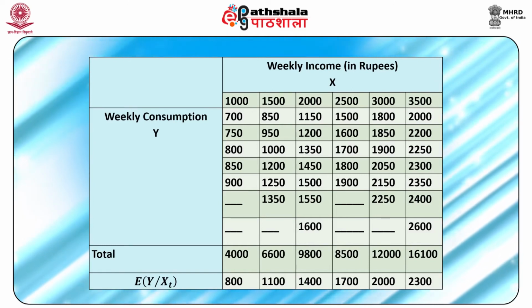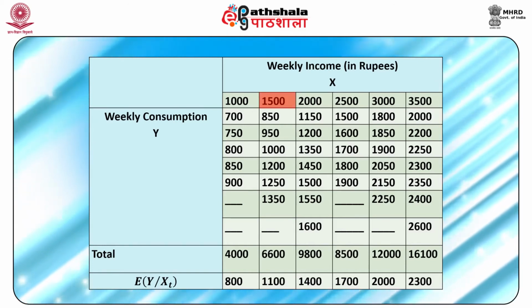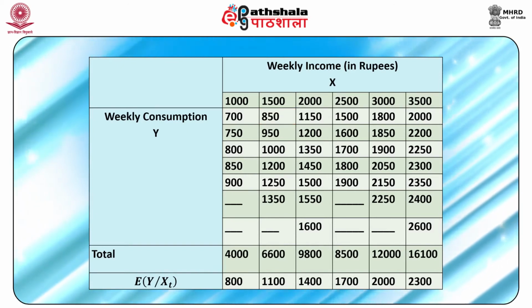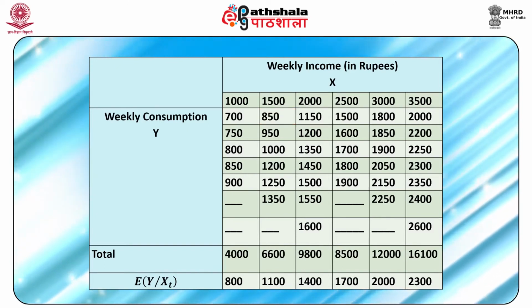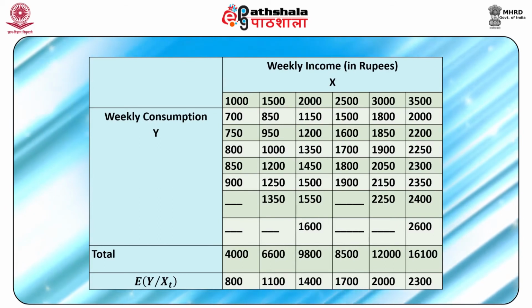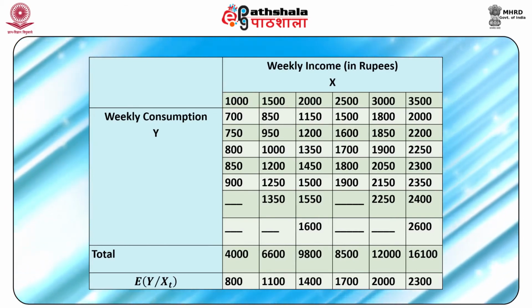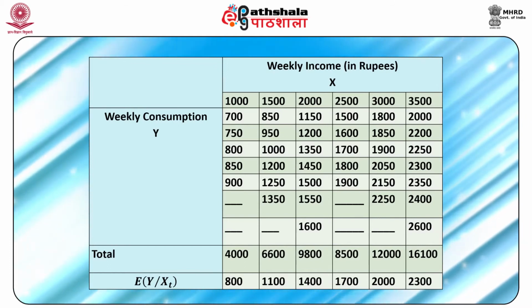For instance, there is a family with income of rupees 1,500 whose expenditure on consumption is just rupees 850, which is below the expenditure of one family whose income is rupees 1,000. So, we are trying to say that there are families whose consumption expenditure deviates from the average expenditure,